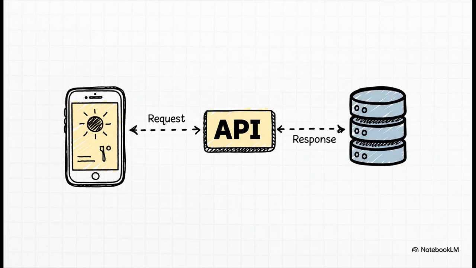Apple's weather app sends a request over to the weather.com API. That API then handles the request, grabs the correct data from its own complicated systems, and sends a response right back to the Apple app. Then, that information just shows up all nice and neat on your screen. The API is that essential bridge.